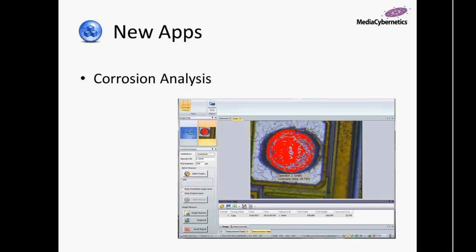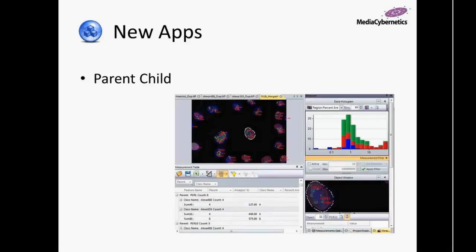Excellent time-saving feature. We've packaged it all into a nice little app, and again, available free from our Solution Zone website. And then last but not least, we have this parent-child app, a more generic app that can apply to